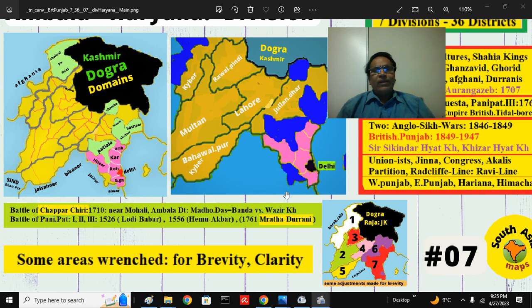Later, of course, the three battles of Panipat were fought in this region. The first battle was between the Lodis and Babur from Fergana, now in the Uzbekistan region, that was 1526. Then 30 years later, between the Suri representative, the real virtual ruler, Hemu Maharaja, and Akbar, that is Bairam Khan, his principal lieutenant general. And of course, in January 1761, the battle between the Marathas under Sadashiv Bhau and the Durranis under Ahmad Shah Abdali was fought in this region.